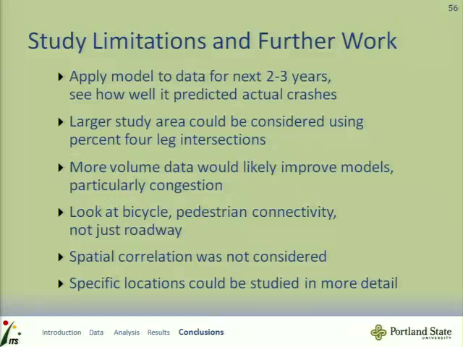It would be interesting if there could be data looking at bicycle and pedestrian connectivity, not just roadway, especially as Portland is embarking on their neighborhood greenways now as their more modern approach to bike boulevards, of specifically trying to get 80% of the population within a half mile of a bike facility and providing low volume neighborhood links for bikes that are parallel to a lot of the major auto arterials in the city.